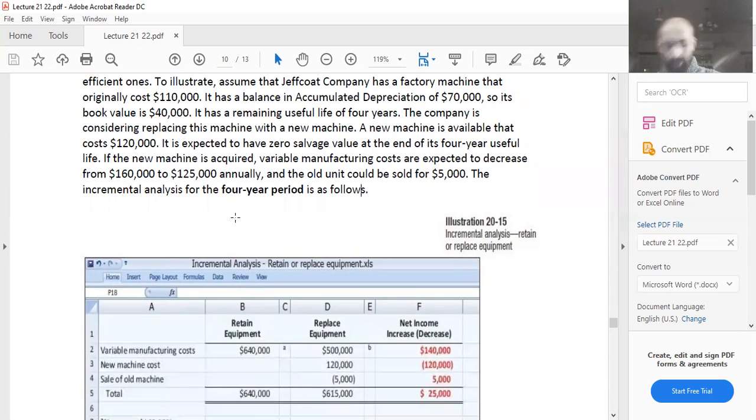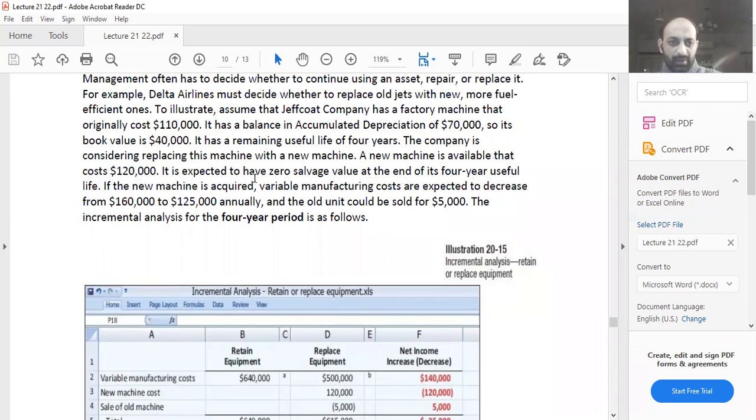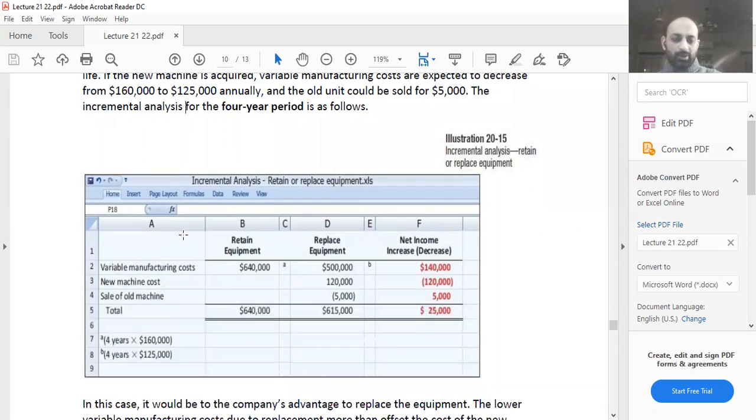So now when we look at this scenario, which costs should we consider when we're doing the incremental analysis? Now you have to keep in mind the concept of sunk cost. If we retain the equipment, when we look at this line, the variable manufacturing costs are expected to decrease from $160,000 to $125,000. So we can figure out that the variable manufacturing cost related to the equipment which we are currently using is